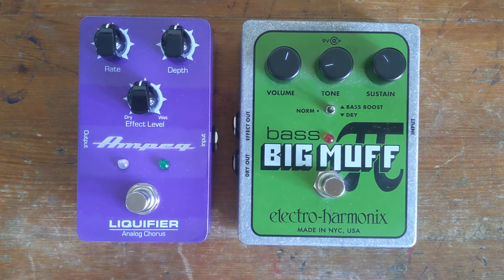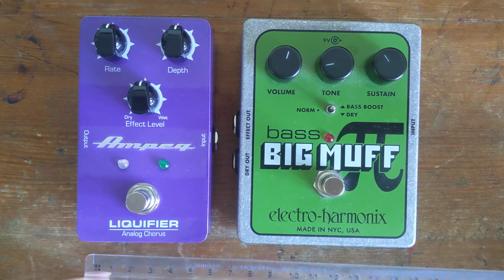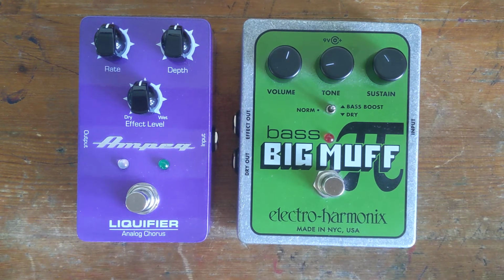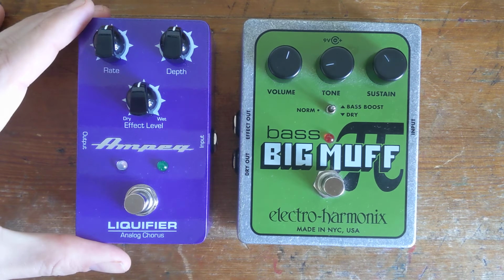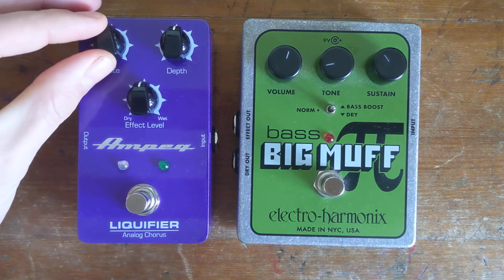Now for a quick rough, I've got a ruler here. Now that's about 9 and a bit centimeters, and the Ampeg is about 6.5 centimeters. That's just a quick guide. So if you've got room on your pedal board, I would recommend this so far for looks and for size. Now obviously I don't know what it sounds like yet, and that'll be another review, but first impressions,